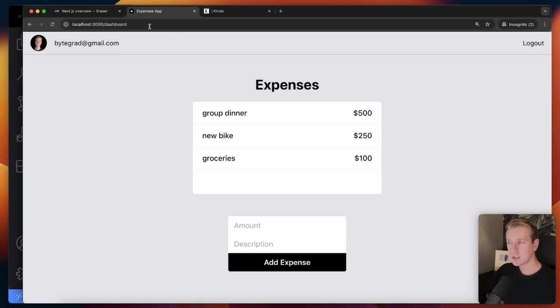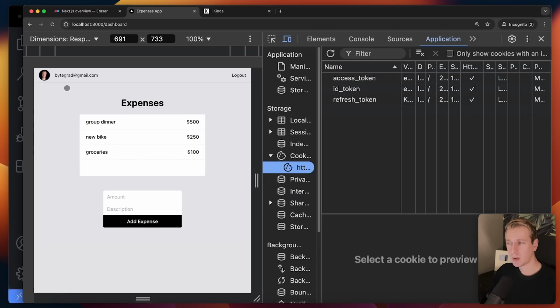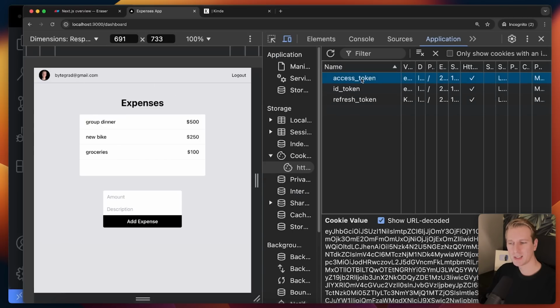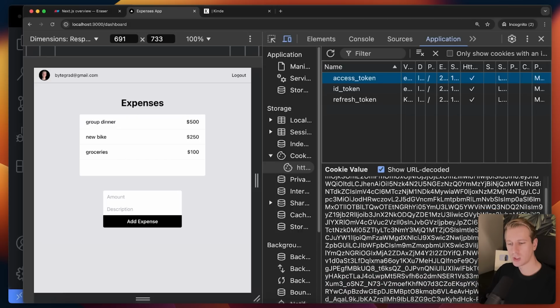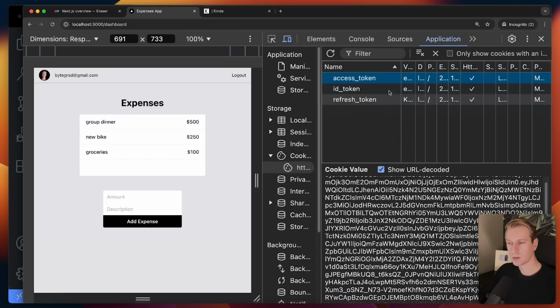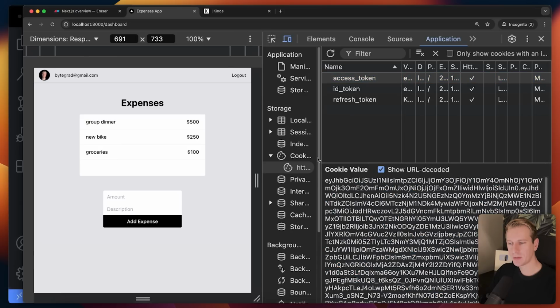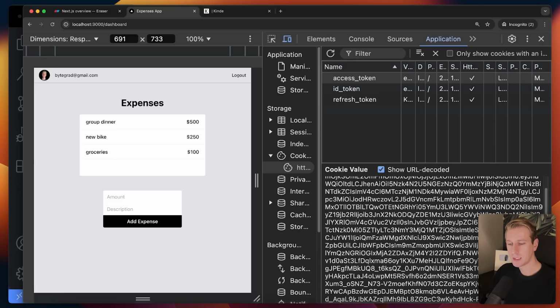All right, now authentication ultimately comes down to cookies actually. So you can see I'm logged in, which essentially just means I have a valid access token. Typically this is a so-called JWT, JSON Web Token. You can see under the application tab, I have this access token. As long as I have this, I can show this to the app, which will grant me access to its features and its routes. That's essentially how authentication works, and it's encrypted, so I have to decrypt it to get